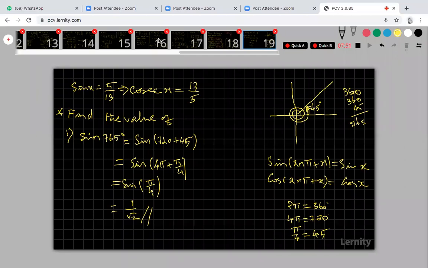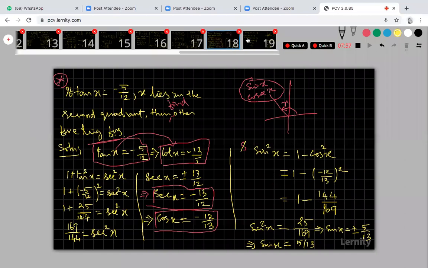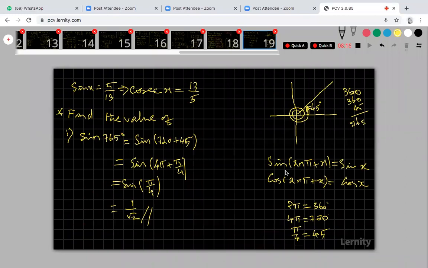Yeah, some students are sending some answers. Very good. Look at that. Some students are asking about the 18th slide. This is a very simple problem only. We have discussed many problems, two more problems in our last class. It's a very simple problem. Now look at that. Here, some students are having some doubts.